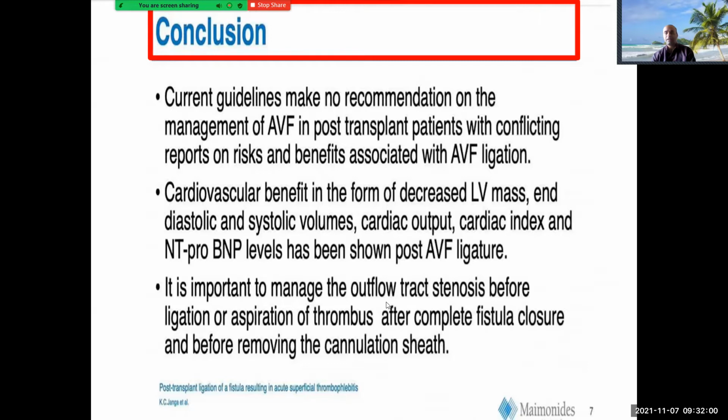Conclusion: current guidelines make no recommendation on the management of a fistula in a post-transplant patient, with conflicting reports on the risk and benefit associated with AV fistula ligation. Cardiovascular benefit from